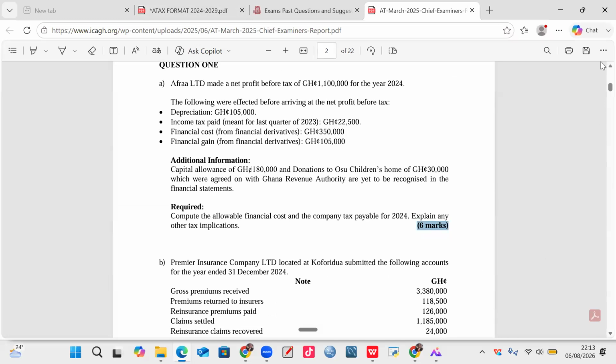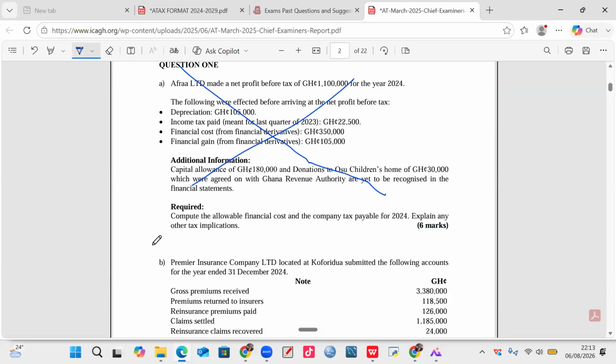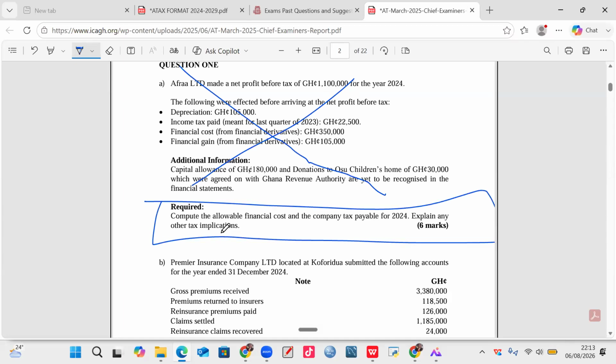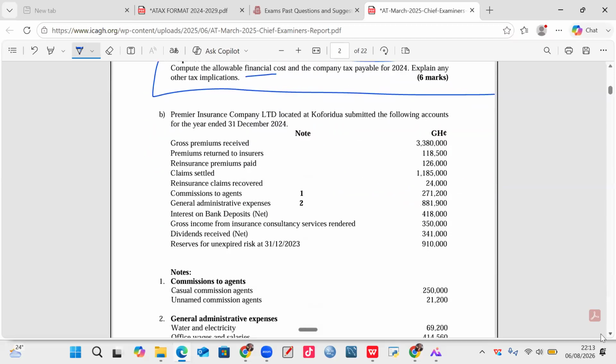Then, again in exams, please don't bother to read all this plenty grammar. In the 15 minutes, go and read the requirement. The requirement is the determinant of our ability to solve or not to solve. Because if you see financial cost and you don't know what it is, you cannot solve the question. So we should read all the requirements within the 15 minutes and know which one to begin with.